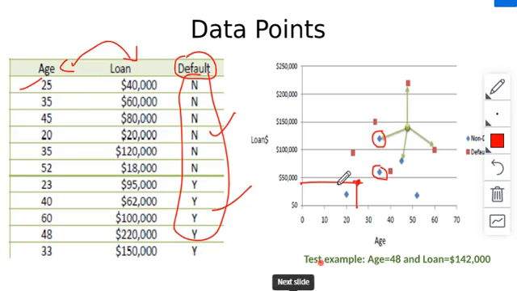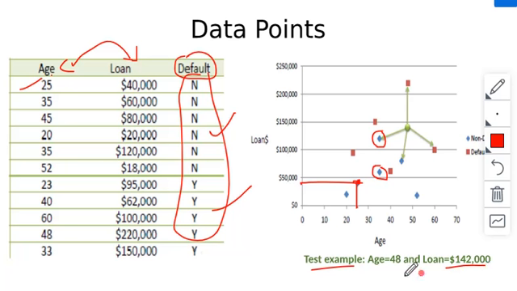Now, what is this? This is a test instance represented in this graph. The training data is represented in the form of this graph. Now we will take a test example, a test instance or test record. How many attributes do we have here? Age and loan. So we take age equal to 48 and loan equal to